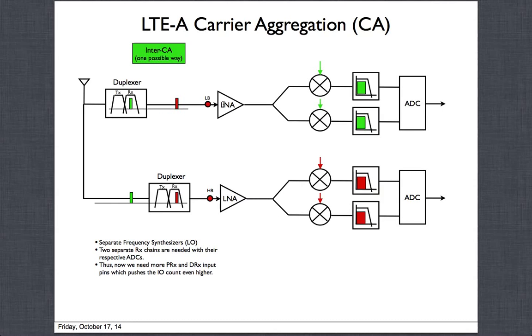And so this is also increasing the number of I/O pins, which is bad, because more and more I/O pins are limiting the die area, and it's also increasing the hardware a little bit more in the LNA. So overall, carrier aggregation increases the hardware, increases the power, increases the I/O count, and even though the standard is good, where you say, hey, I have got more than one channel to transmit, from a hardware perspective, it's actually very cumbersome. And it causes a lot of challenge to support carrier aggregation.